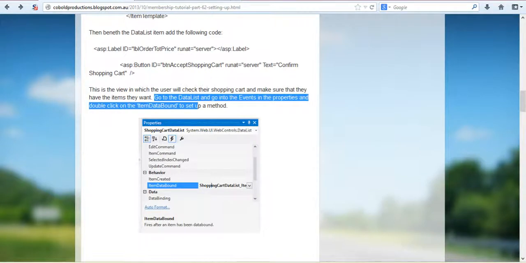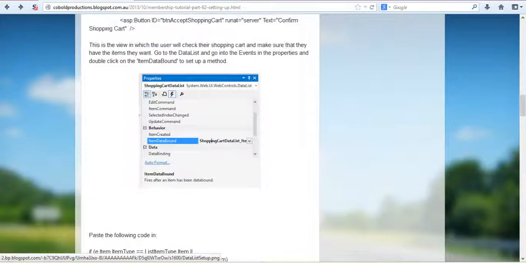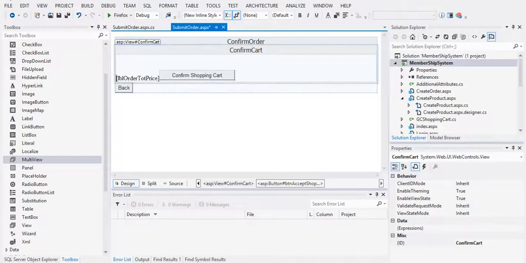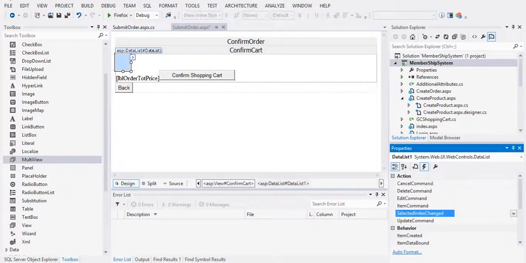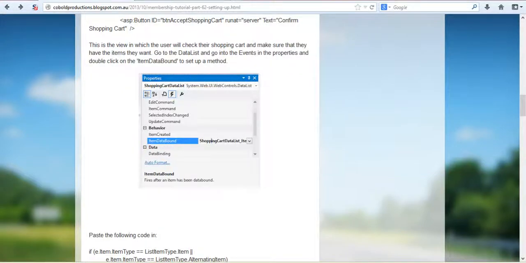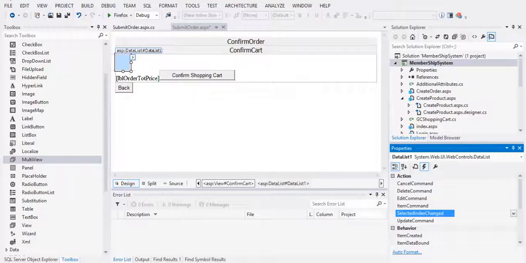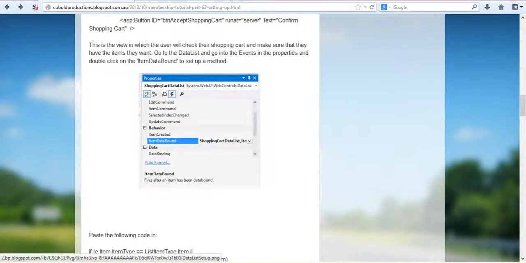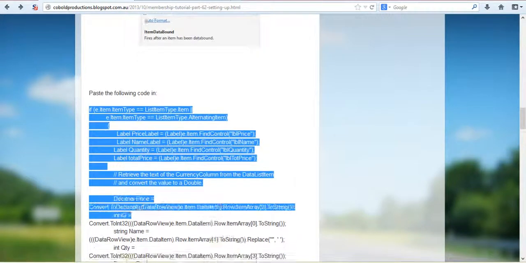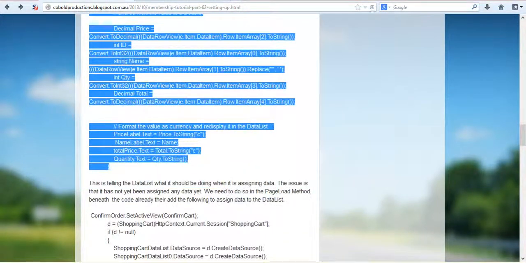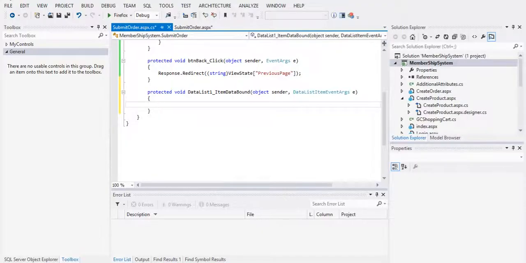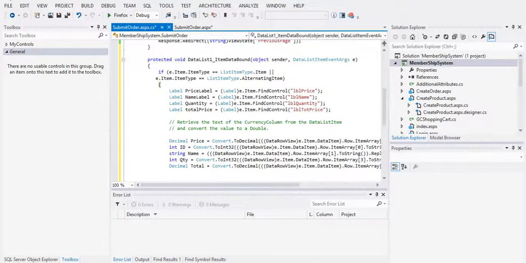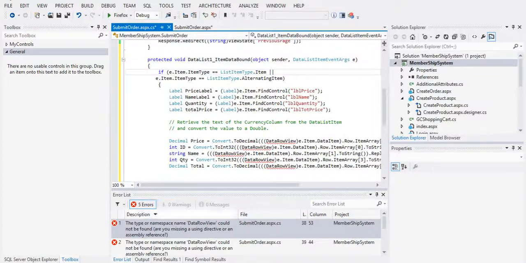Go to the data list. Okay, we're going to go to the data list, and we're going to set up the item data bound. So scroll down and double click here. Right. Now, as always, copy and paste this code. There. Made it easy for you. Okay, now in there. Right, so what we're doing now is if it